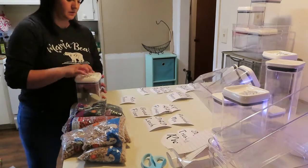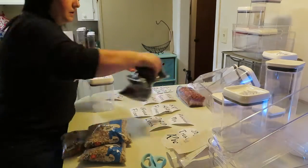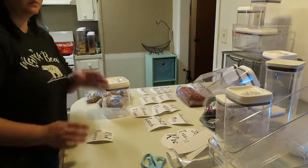So now I'm going to start by getting all the beans put in the containers and getting them labeled. And also,